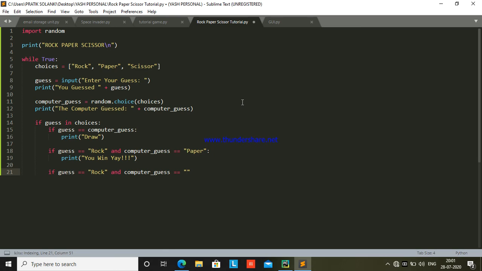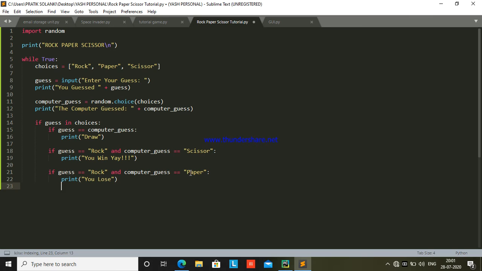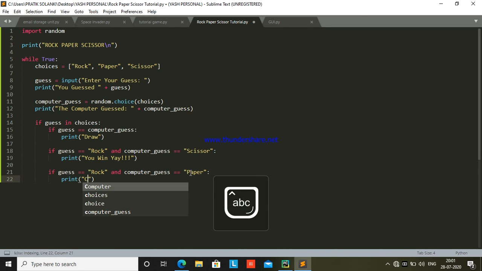And after paper, what else? So actually it should be you lose. Let's repeat scissor over here. Scissor. Let's just make paper over here. And let's also just print out, actually, let's first print out computer